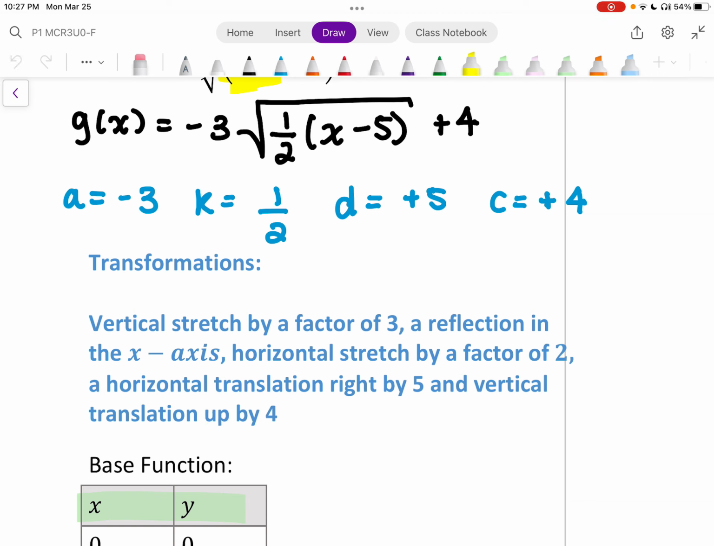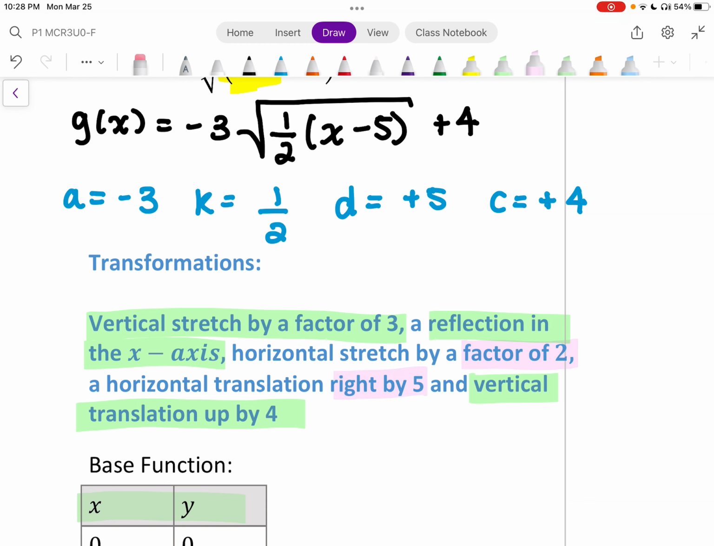A few things to remember here. If we're going to look purely at what is happening where, the vertical stretch is going to mean that all of my y's are multiplied by 3. The reflection in x means that all my y's are multiplied by -1. And the vertical translation up means that I'm going to add 4 to my y values. On the flip side, if I look at just my x's, I have a horizontal stretch by a factor of 2, meaning that I'm going to multiply all my x's by 2,